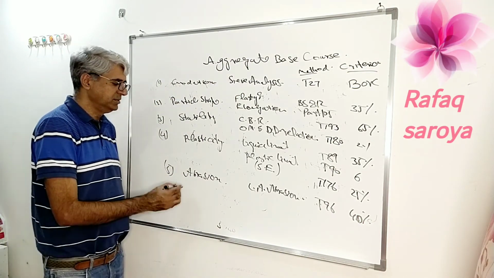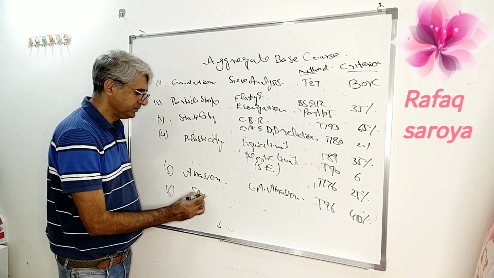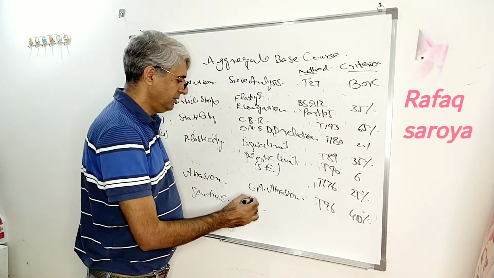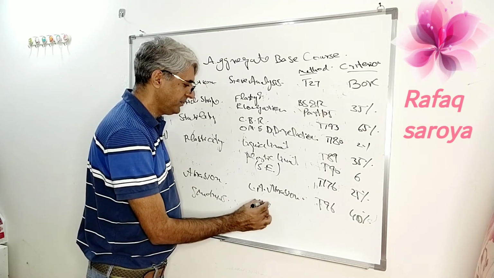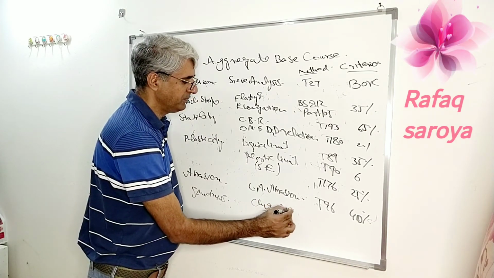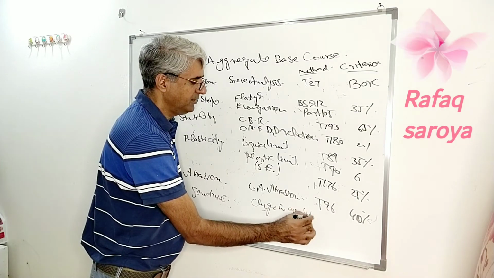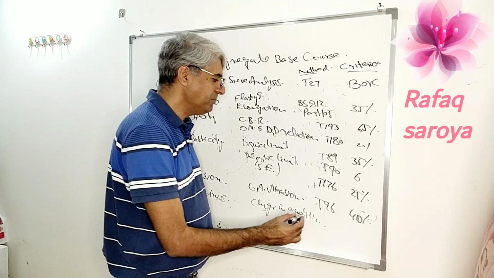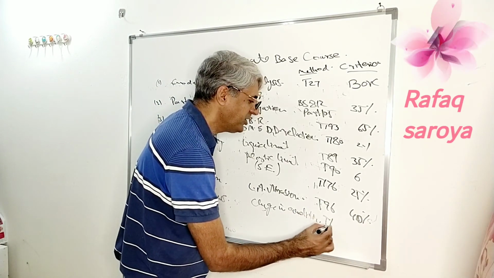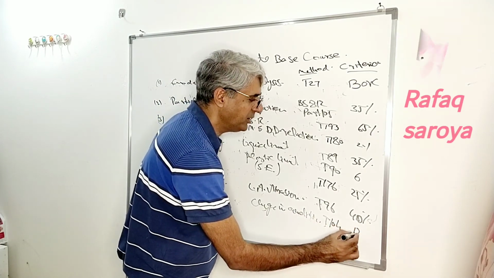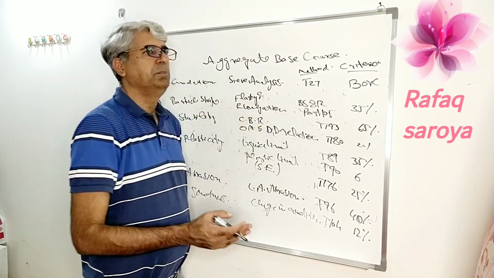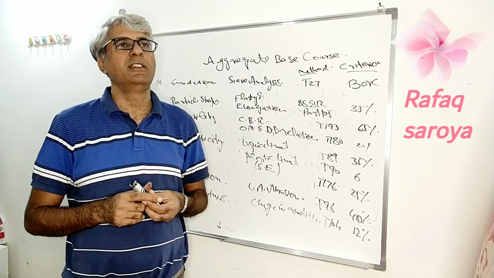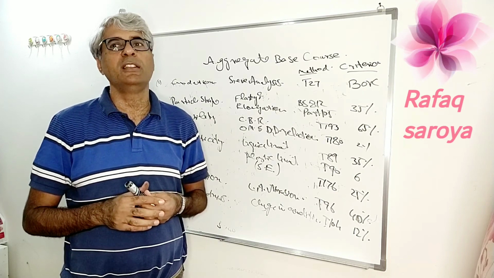Last one, soundness, which means change in condition. This change in condition we have to measure by the ASTM C88 or T104 method, and its value is 12%. Because if it is more than 12%, the material will be rejected. It means the material does not have the sound characteristic. The material is not strong enough.